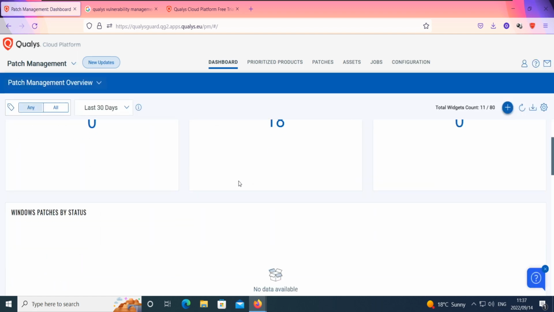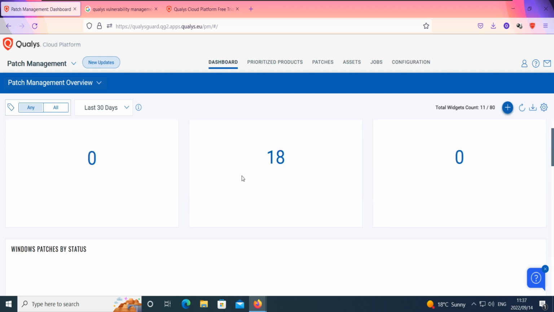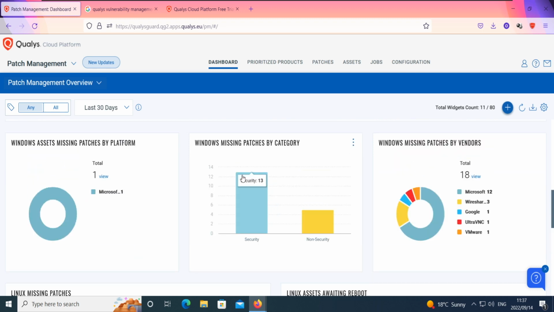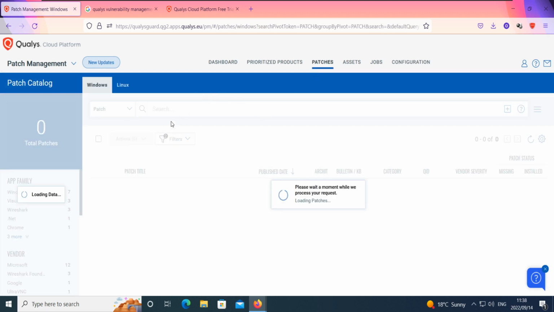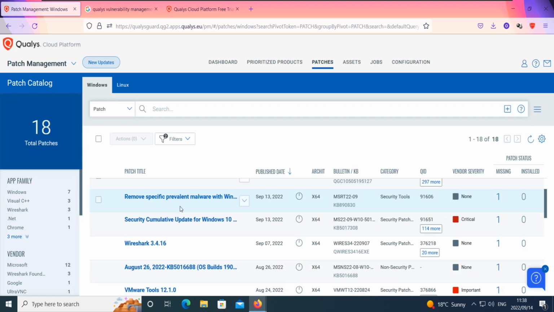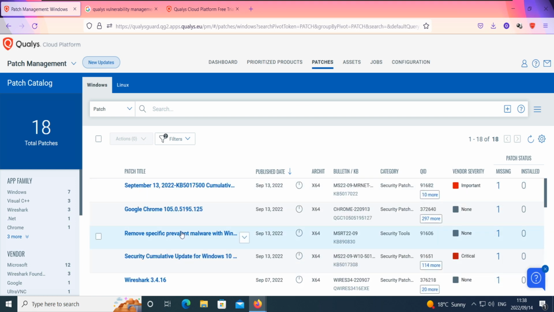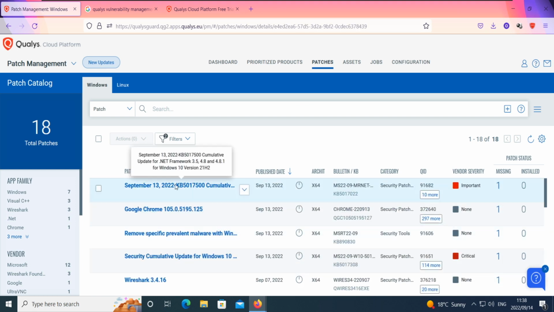And the beauty of it is that Qualys allows you to patch based on applications. So these are all the applications you have based on vendors, and then Qualys will find those missing patches and provide it in one space for you to actually patch. So these are all of the applications. If you see the applications you have here, these are all of the missing patches you have based on those applications. So I can click on this, for example,